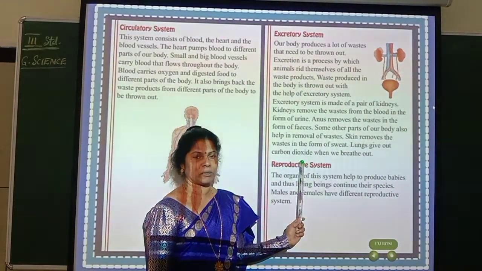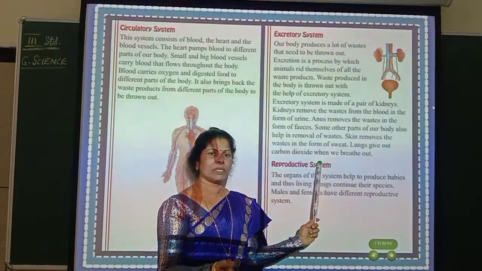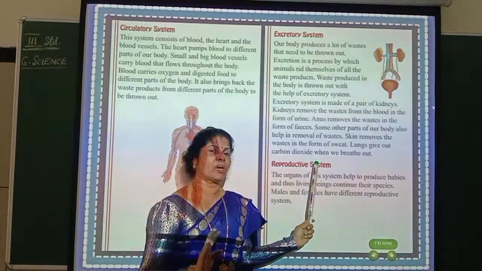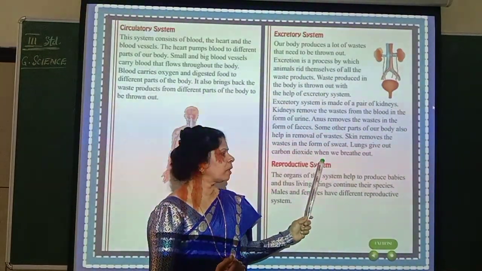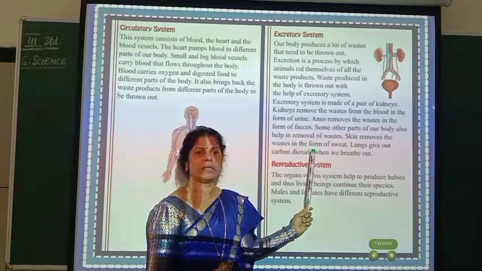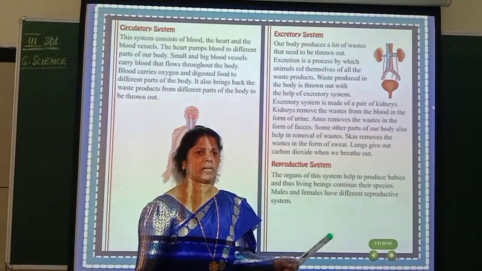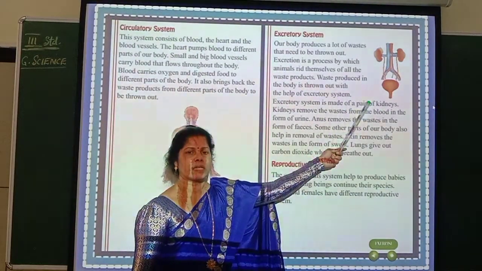I have explained that to you. So what happens? Lungs will take in oxygen and give out carbon dioxide. Carbon dioxide is not good for our health. It should be thrown out. So that is given out by the lungs. Did you understand? So like that, the different organ systems are there in our body, especially the excretory system which